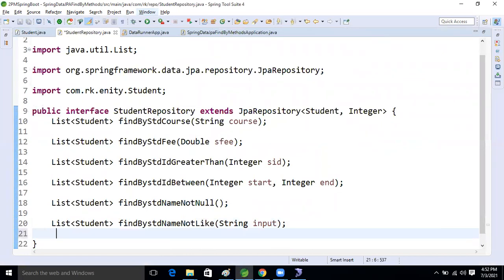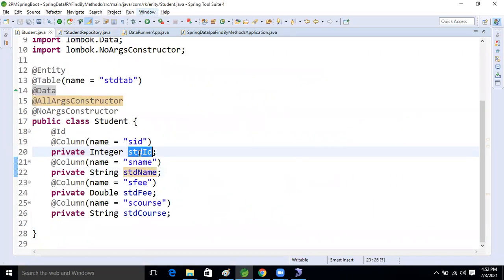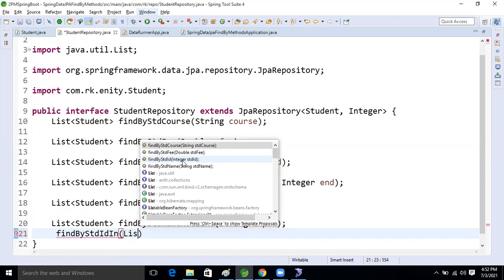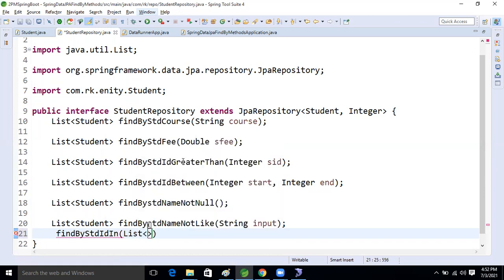Okay, so let's write it. Find by, based on which one? This is right, based on this STD ID. STD ID, copy. STD ID. After then what? In operator we are going to perform now. IN operator, List of what?